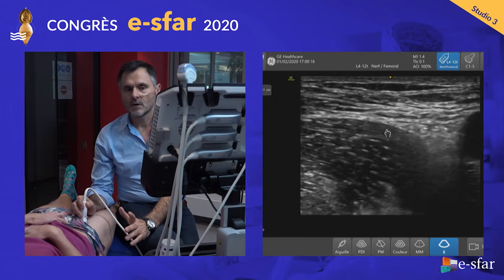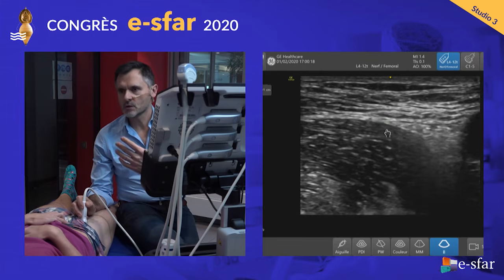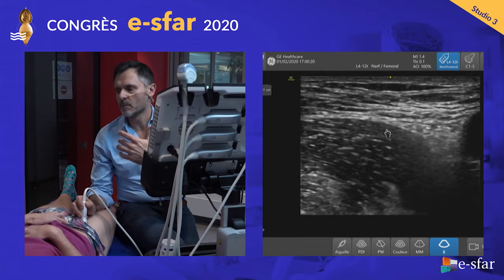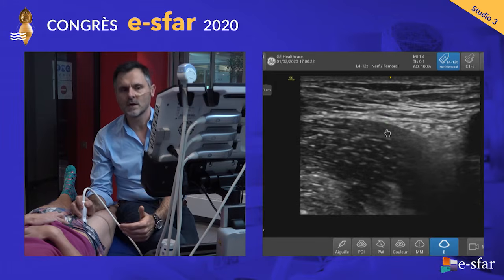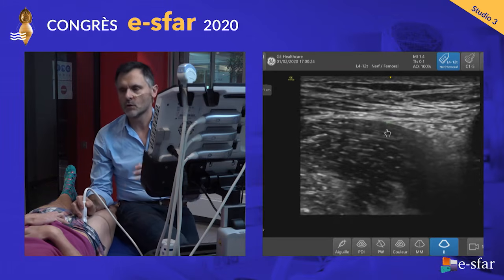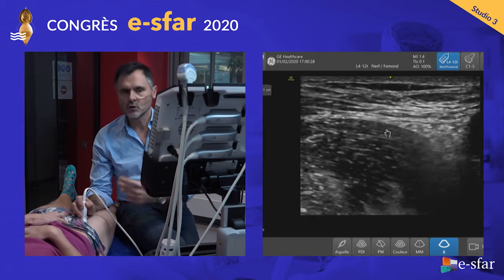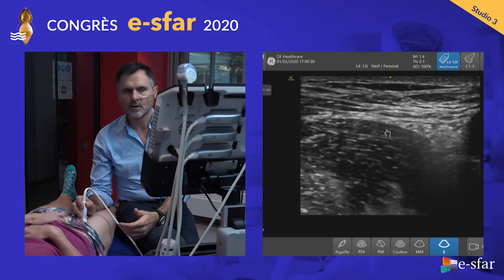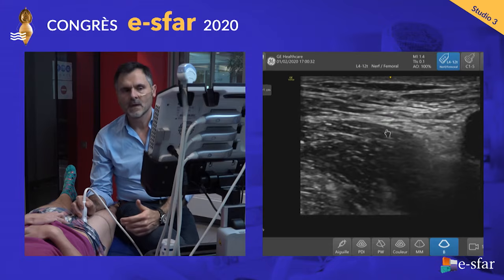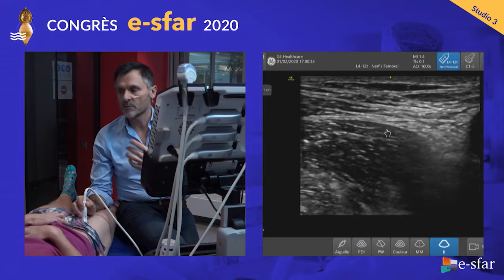But for hip surgery, we used to perform femoral nerve block few years ago. But now with the ERAS program, we do not use this practice daily for hip surgery. We use it for hip fracture.